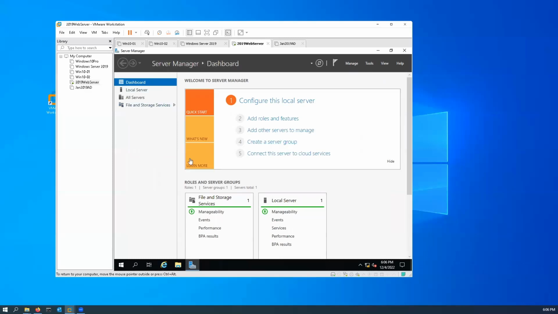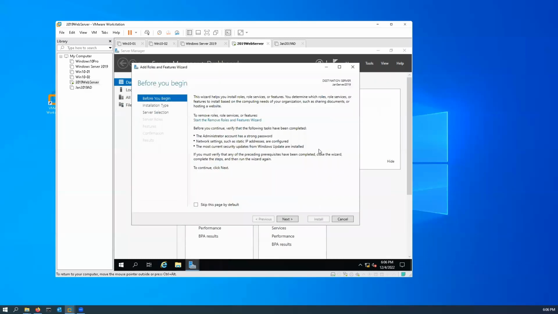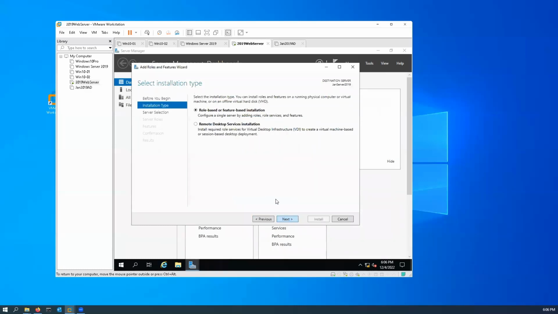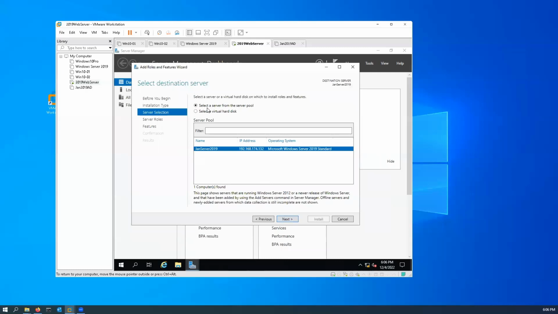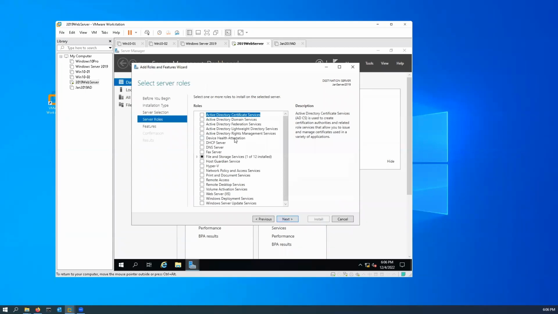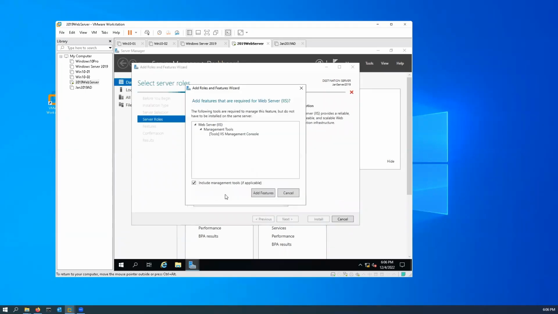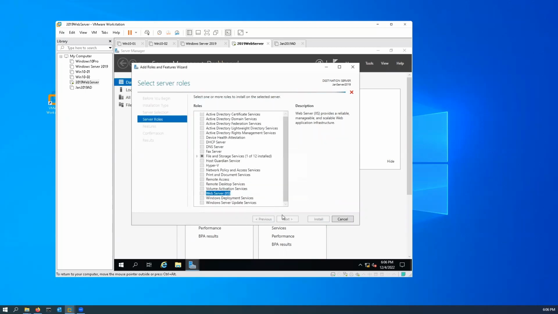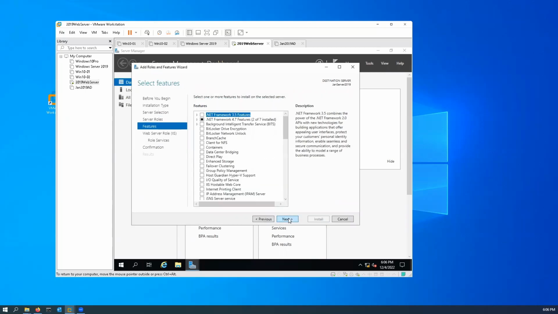To do that, inside Server Manager, we want to click on Manage, Add Roles and Features. We can skip past this one. This is a role-based or feature-based install, so we're going to click Next. We have the server. This is the only server that we have available, our Windows Server 2019. So we're going to go ahead and click Next on that. And then we want to scroll through here down to Web Server IIS and add that feature. Click Next. And we want to make sure that we add the web